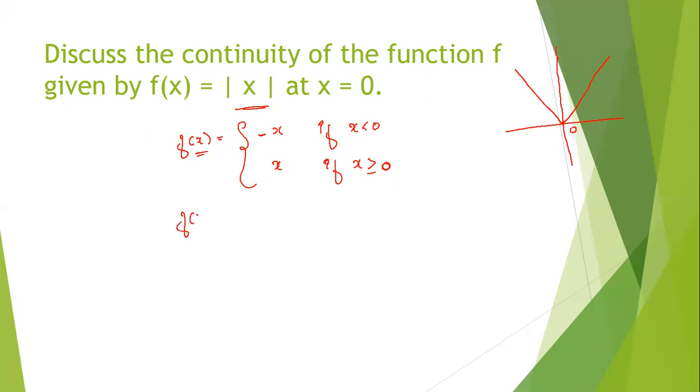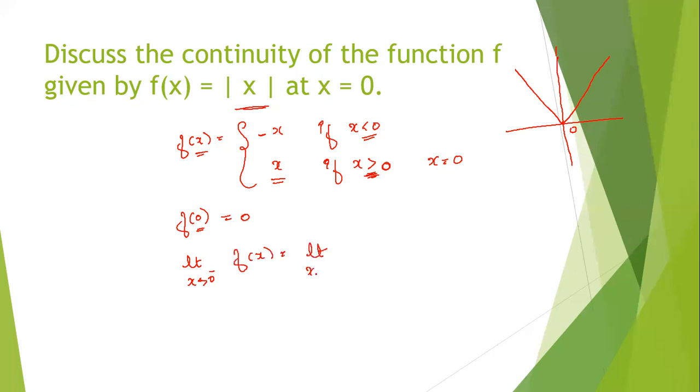So now if we find f of 0, what is f of 0? If x is equal to 0, then f of x is equal to x. So now x is 0, so f of 0 is 0. Now let's try to find the limit. Limit x tending to 0 minus, here we need to find the left hand limit as well as the right hand limit. So the left hand limit will be